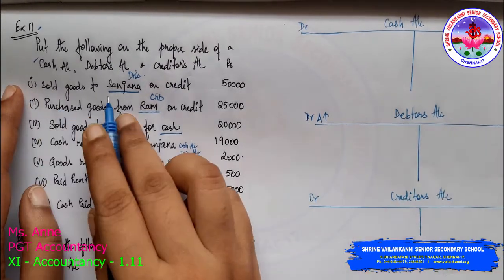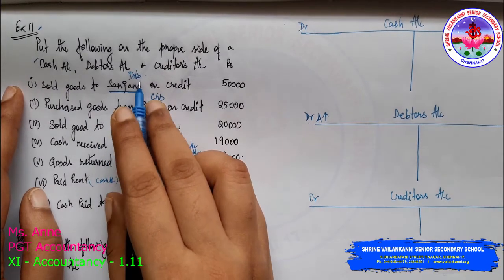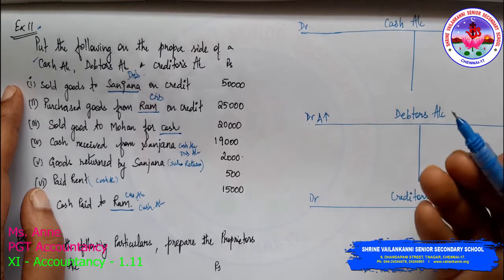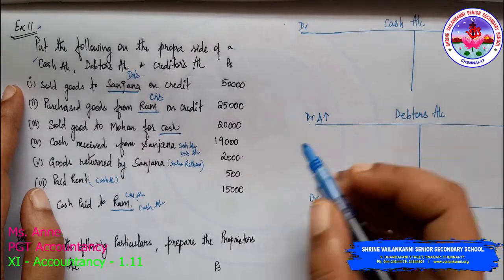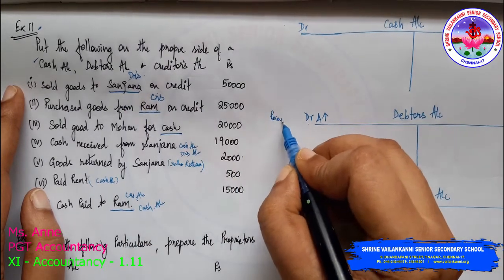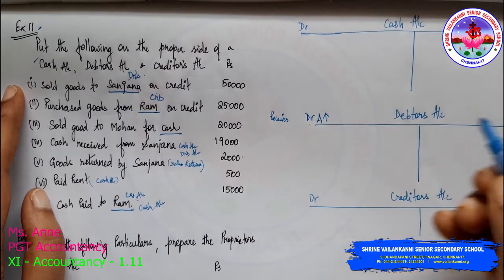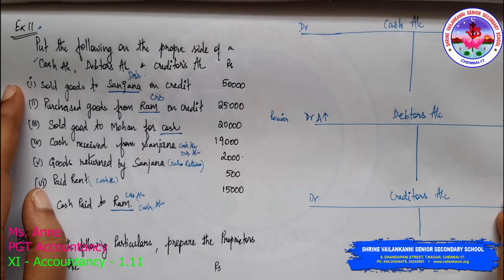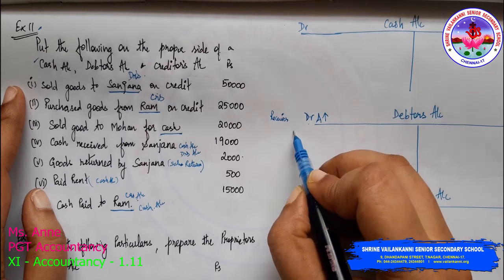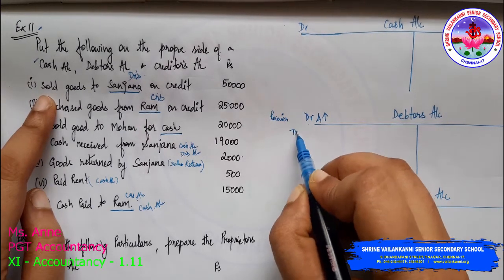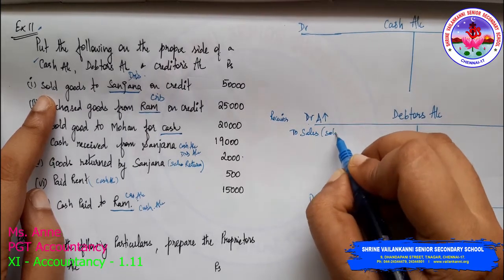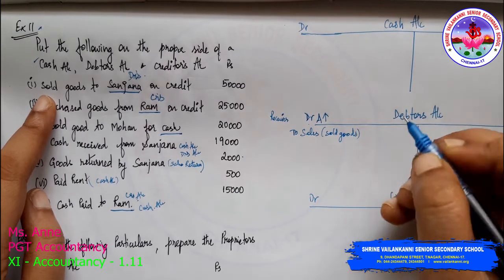Now we are selling goods to Sanjana, our debtor. So obviously debtors will be increasing. Debtors is a personal account. Okay. So Sanjana, debit the receiver. Am I right? Debit the receiver and credit the giver. So Sanjana is receiving. So we are going to debit because of what? Because of sales. So I'm just writing sold goods. Okay. So it is